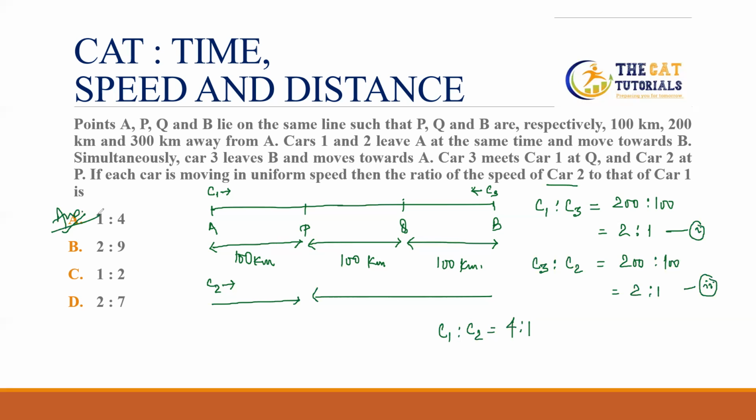Okay children, this is only one question, and as I told you, this is the question of the day. We will provide one question on a regular basis. This is the first question, and it is from time, speed and distance. I suggest that if you are really interested in the CAT, if you are serious about the CAT, you must develop a good concept of the arithmetic portion, and you can do that only by applying the shortcut method.